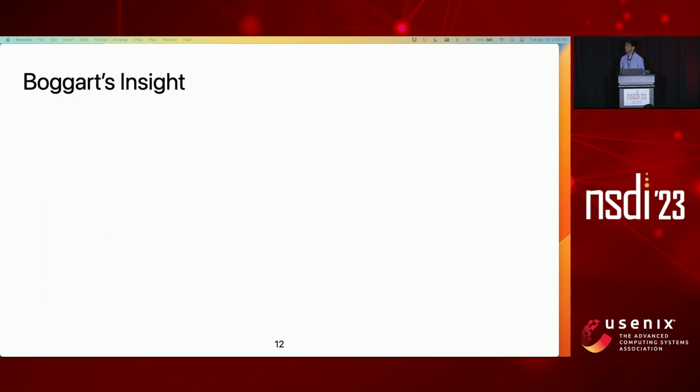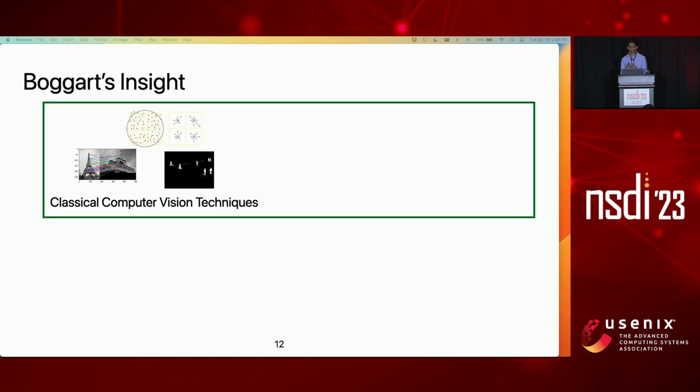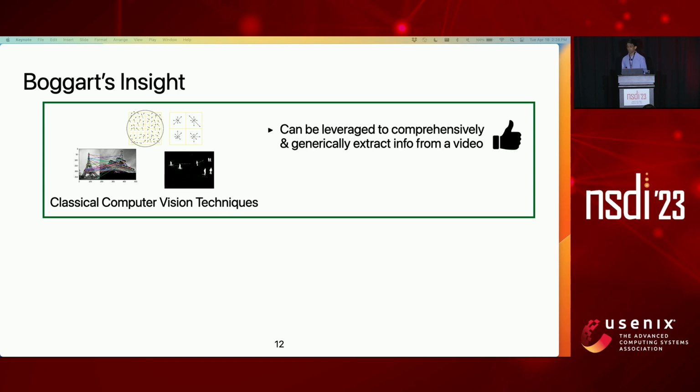To achieve these goals, we observe that aside from using deep neural networks and machine learning models to analyze video data, there's a rich body of classical computer vision techniques that already exist. And unlike ML algorithms that bake in a specific characterization of the video data, these CV algorithms can comprehensively and generically extract information from video. Therefore, Boggart's approach is